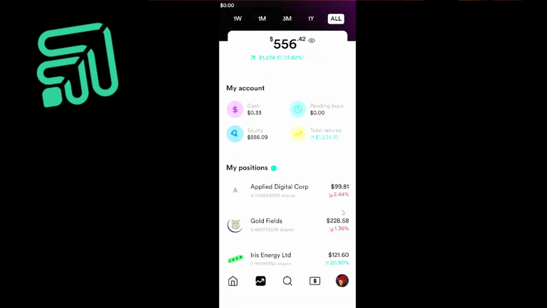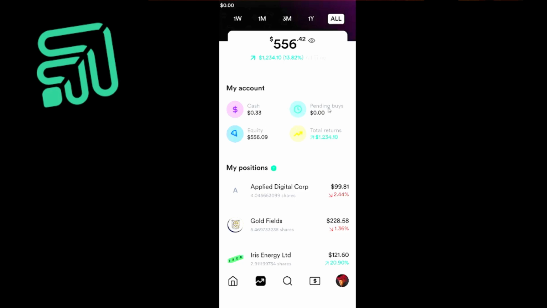So there you go. In your account, you could see the cash, what's left. That's not invested. I usually leave half a dollar, so it could be used for trading fees. So FYI, GoTrade does charge trading fees, unlike Trading 212. Their trading fee is free. Okay, so touch move here.